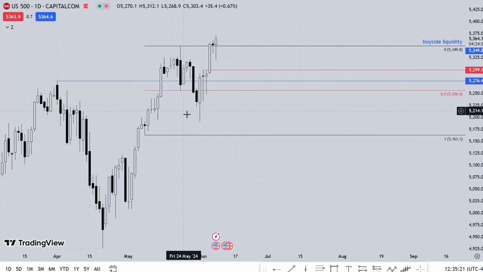So every price below this equilibrium, below this red line, is a discount. So we had price purge this low here. When we did that, price valued higher on Friday, on May 31st. So if you want to participate in this type of market within the last 2 to 3 weeks, you should not trade below the 4 hour time frame,